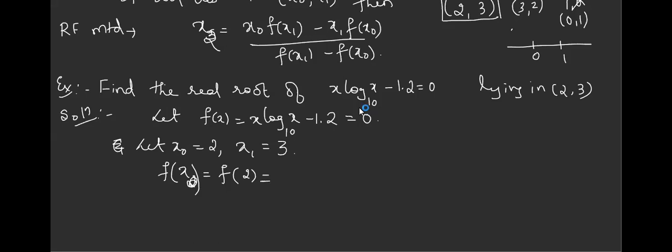How should f of 2 be found? Substituting the value of x. Yeah. This is my f of x. You replace x by 2, you will get f of 2. So what I have to write? 2 log 2 to the base 10 minus 1.2. All of you take your calculator, calculate it. Now this is log 2 to the base 10. So what button is to be operated? Is it ln or log? Log only, correct? If they have not mentioned the base 10, at that time you should use ln. Be very careful. Use it and tell me the answer. Tell fast, please.